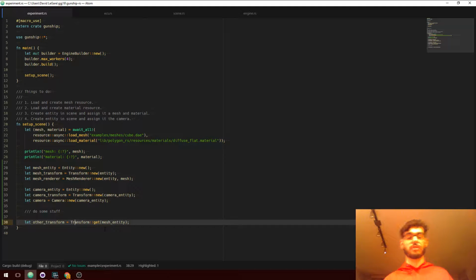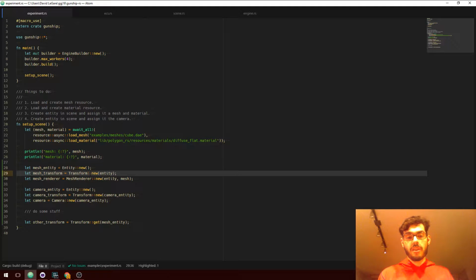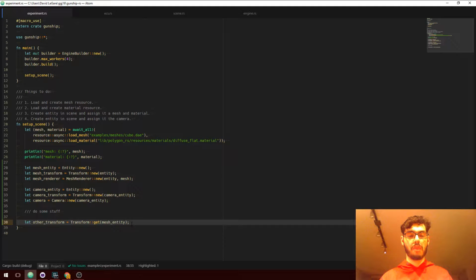I think I internally had ref cells around every component. And if you tried to get a component that was already borrowed, the ref cell panics. And that quickly became a pain to use because, if I wrote a helper method that attempted to create a new component or access a component and mutate it, that helper method had to retrieve the component, but didn't know if somewhere up the call stack that same component had already been retrieved. And it may not even be consistent.